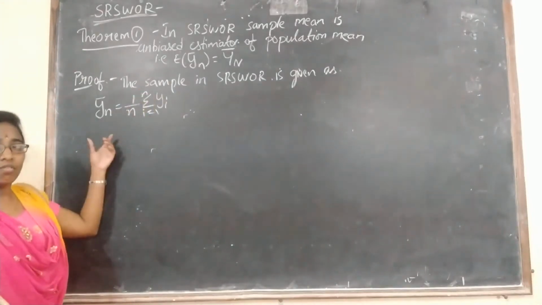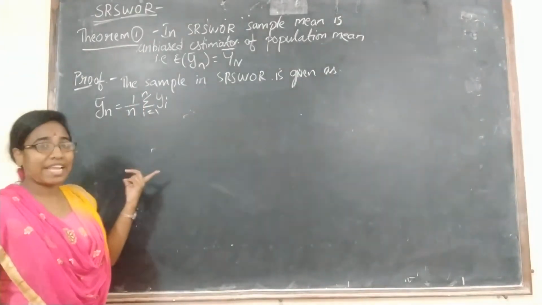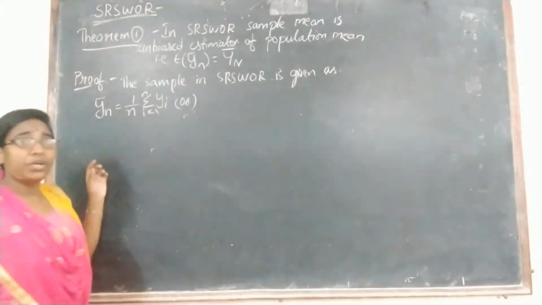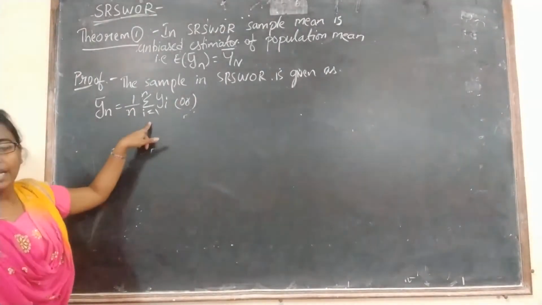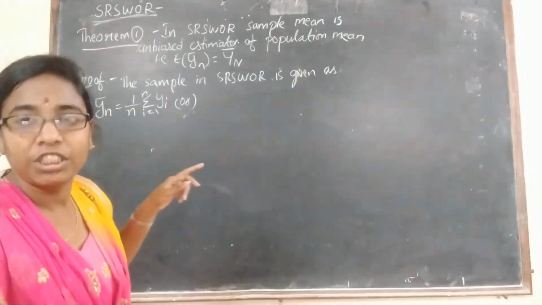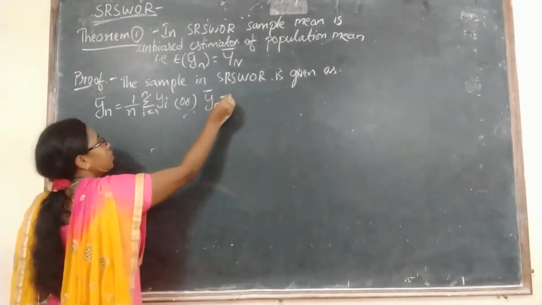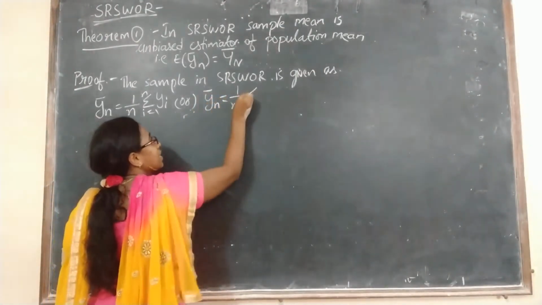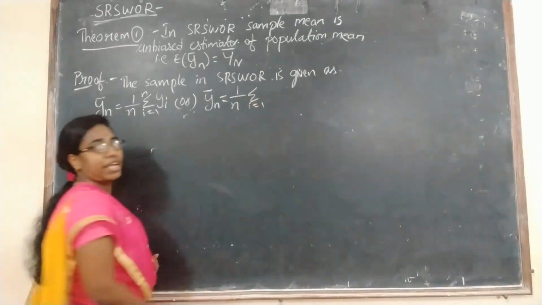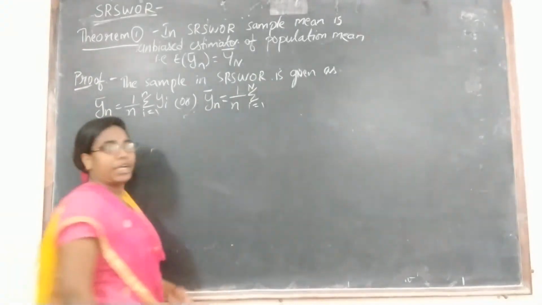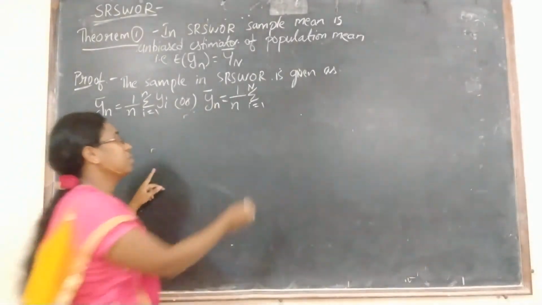This is one formula, and we also have a second formula, where we write the sample values in terms of the population values. That is yn bar equals 1 by n, as it is, and the summation changes from i equals 1 to capital N, because we are converting it into population values,